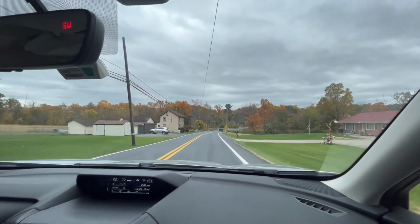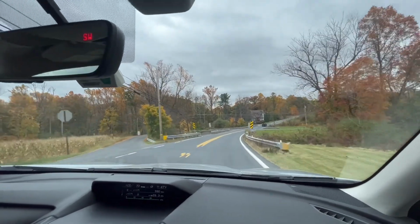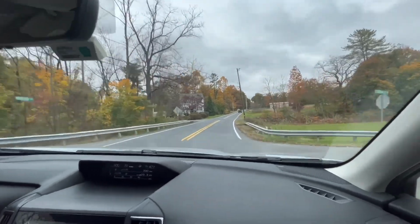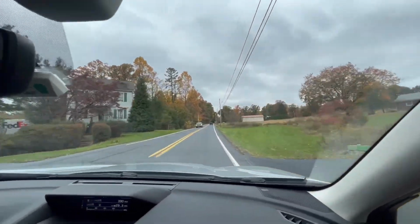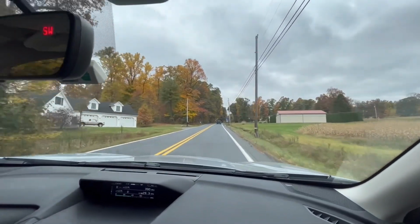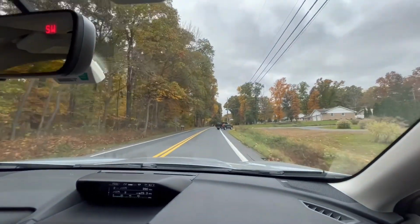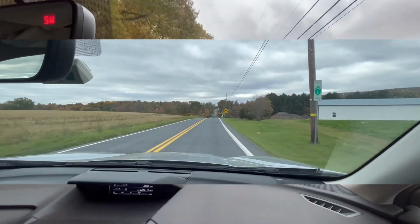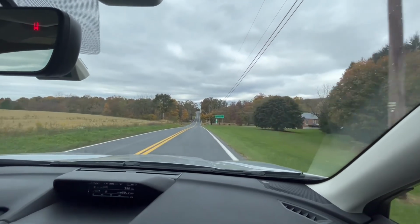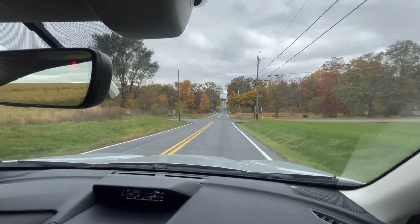And we are off on another adventure, and you'll be seeing shortly where we're going. Today, Wednesday, October 19th, 2022, and we're on what they call the mountain road, but we'll be seeing up ahead here and give you a clue as to where we're going. So stand by. Okay, we're coming upon our exit here, and there was a little clue there as to where we're going. We're going to turn right here,